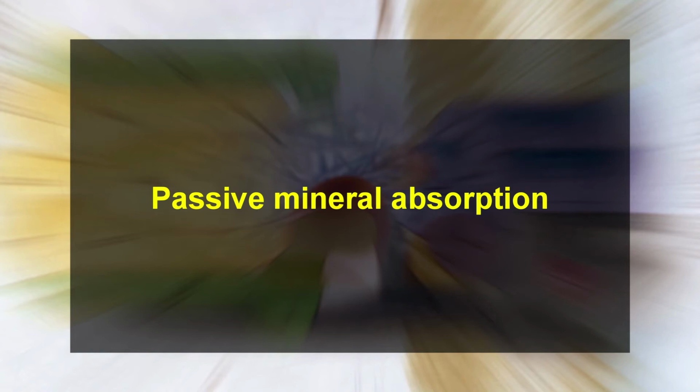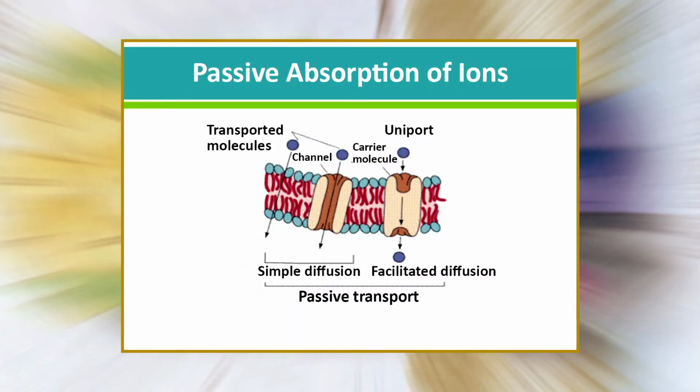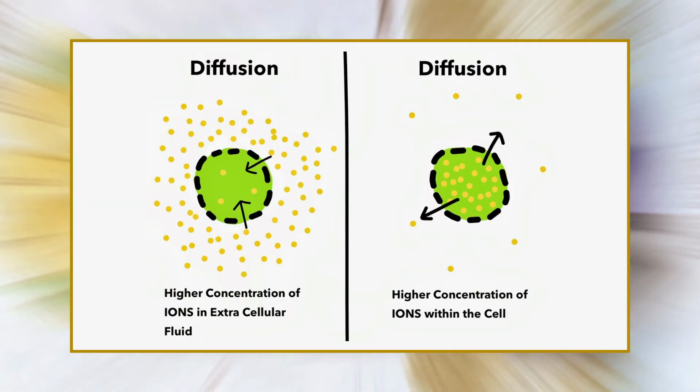Now coming to the second objective, that's ion uptake. Uptake of ions by the plants takes place by various methods. First, passive mineral uptake. Passive absorption of minerals is a physical process which does not involve any direct expenditure of metabolic energy. It takes place by, first, diffusion. It's a passive movement of minerals and other substances along the gradient of their chemical and electrochemical potentials across the cell membrane. Diffusion is of two types.